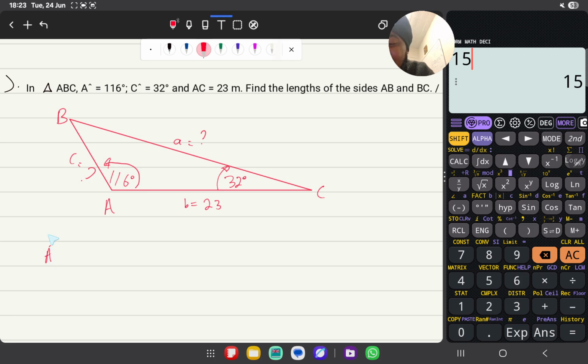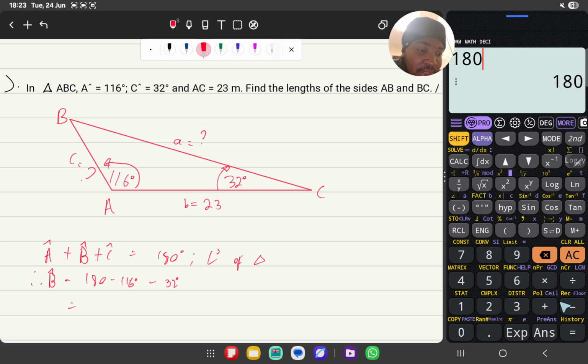Okay, A plus B plus C equals 180 degrees. Then you'd say angles of triangle, and therefore angle B is going to be 180 degrees minus 116 degrees minus 32 degrees, right? So 180 minus 116 minus 32, I'm getting 32. Cool. So it's already giving me an idea that my triangle is wrong in terms of the sides,